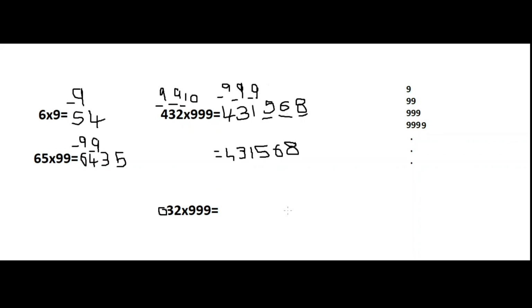Okay, for this, I kept 0 in front of the 32. 0 before the number doesn't give any meaning. So I placed 0. So as per previous technique, we'll subtract 1 from 32. 32 minus 1, 31. And coming to the next part of the answer, I use the second technique, that is 9 minus 0, 9, and 9 minus 3, 6, and the last digit of the question number should be subtracted from 10, that is 10 minus 2 equals to 8. Yes, we got the answer within the seconds, right?